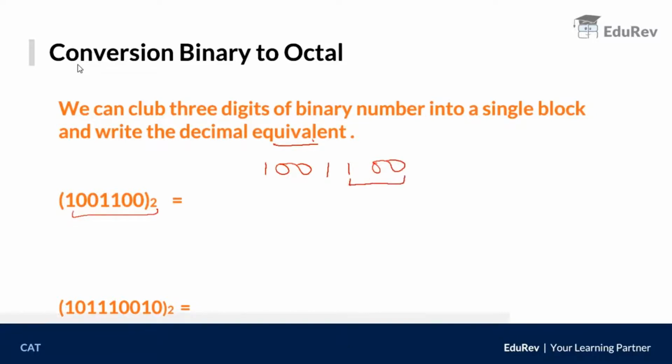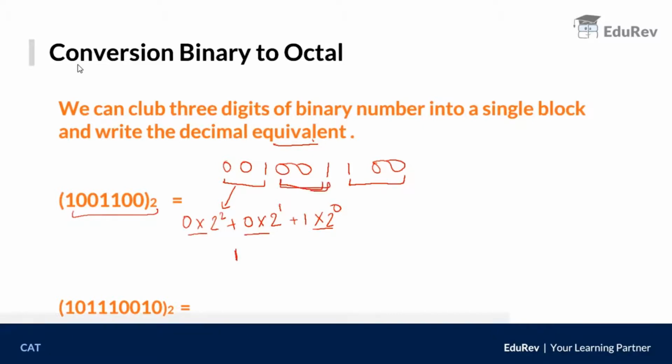So this is your first block. This is your second block. This is only 1, so you can put 2 zeros. And we are going to convert it into octal. So what will we do? Look, first 0 will be multiplied by 2 squared. Then again second 0 will be multiplied by 2 raised to 1. And the third number, which is 1, will be multiplied with 2 raised to 0. This will be 0. This is also 0. This is 1. So this value finally becomes 1.